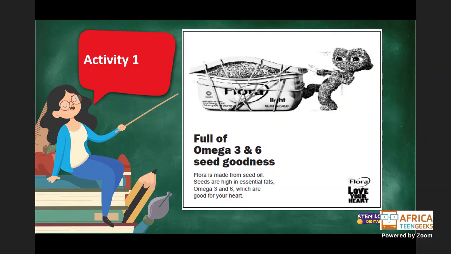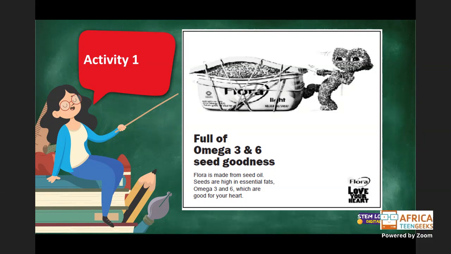So the seed man's foot is against the tub, you see, showing how hard he is trying to tie the seed goodness into the tub, but the tub is still bursting open. So it just shows how full it is. It is overloaded, in fact, with seed goodness. So that is what it's trying to emphasize there. And it would score you 2 marks. So let's look at